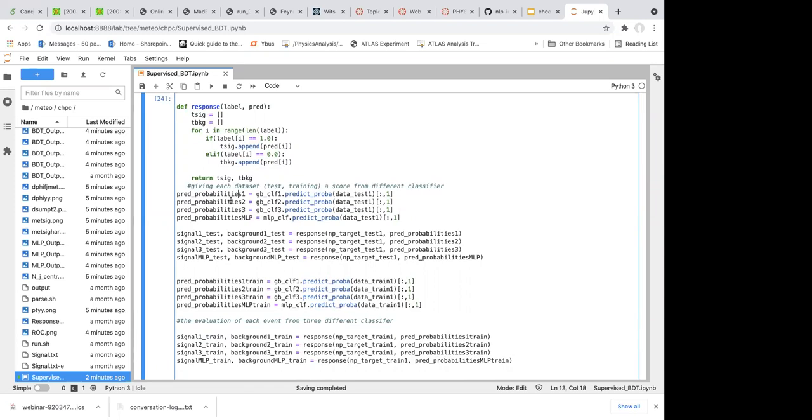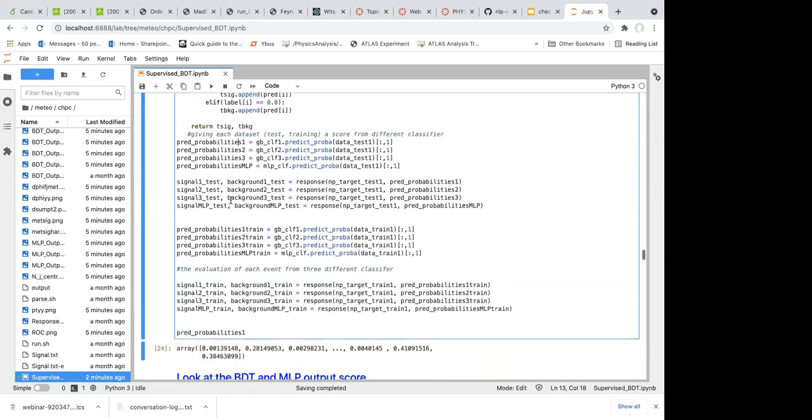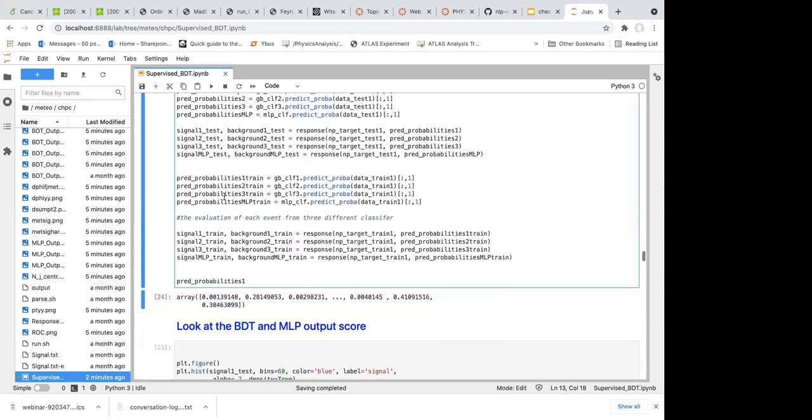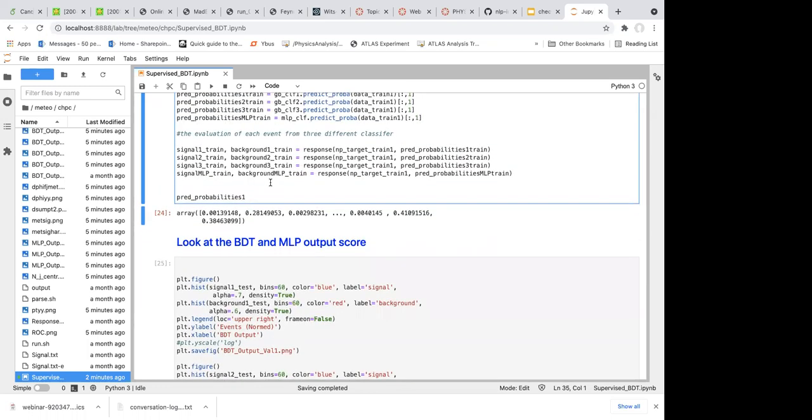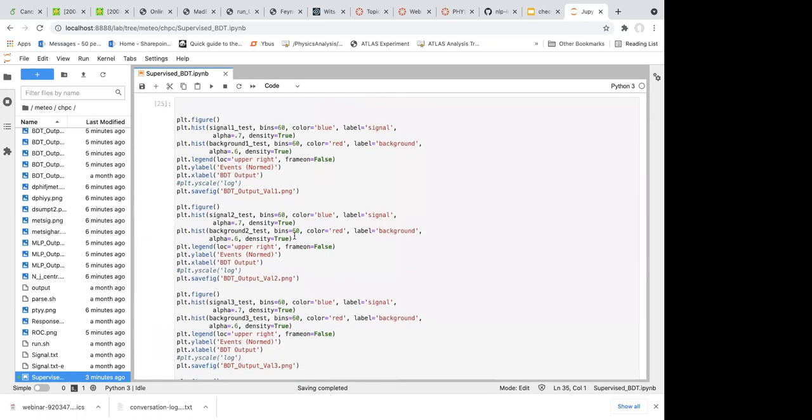Each single event will be labeled with a probability like 0.9, 0.7, 0.2, 0.3. So it's not saying that each single event is 100% signal or 100% background. It just gives you a probability, whether it's more signal-like or more background-like. So here, basically, we just re-dumped some data sets and labeled each single event with a probability. Then let's have a look at how it looks.